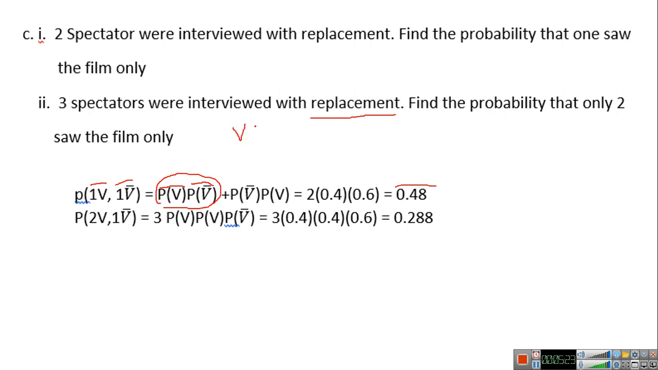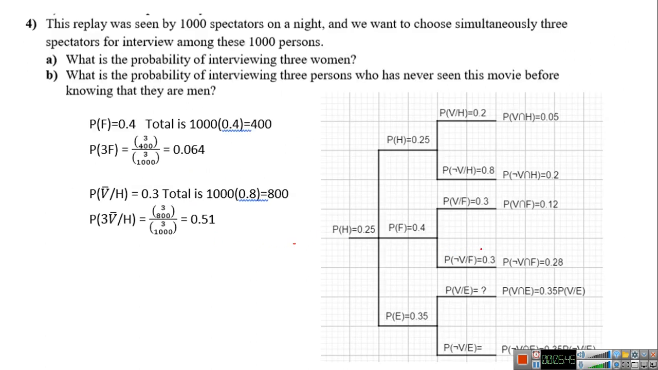I want 2 saw and 1 didn't. You can write it in this form or that form or this form. So how many choices do I have? I have 3 of 2 saw and 1 didn't see. So 0.4, 0.4 times 0.6, and the number you multiply it by is 3. Now